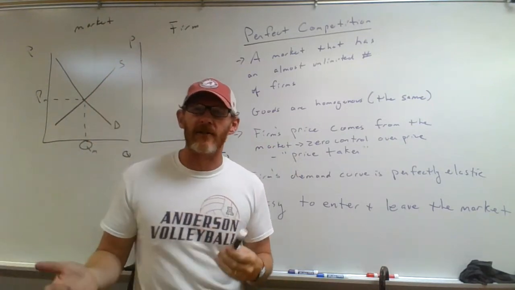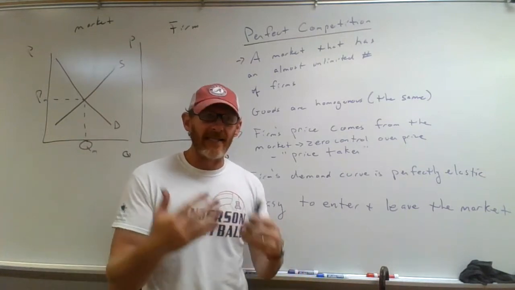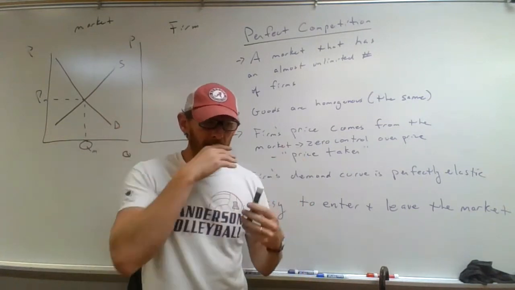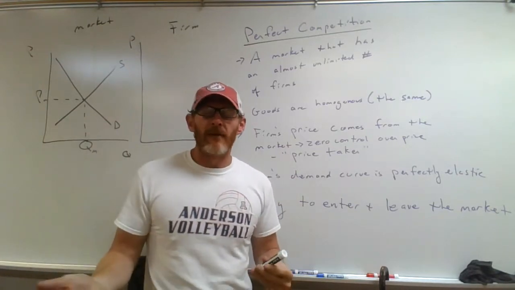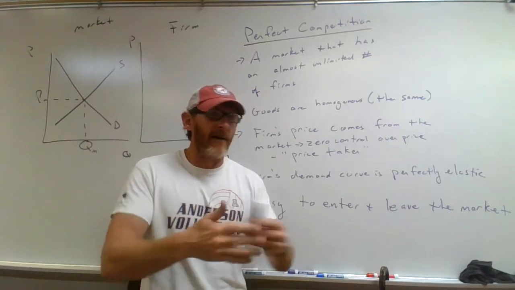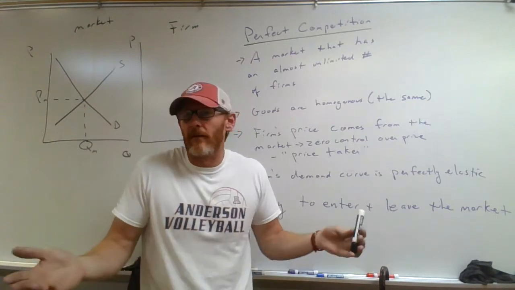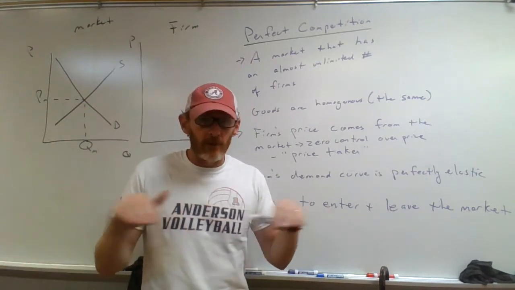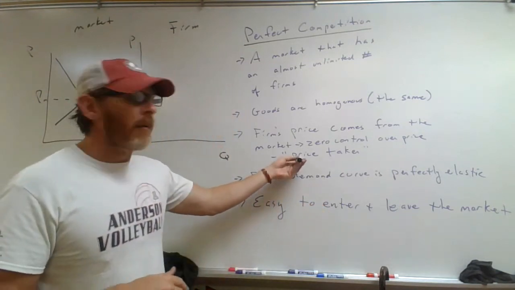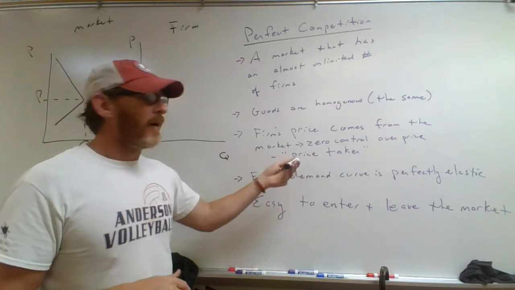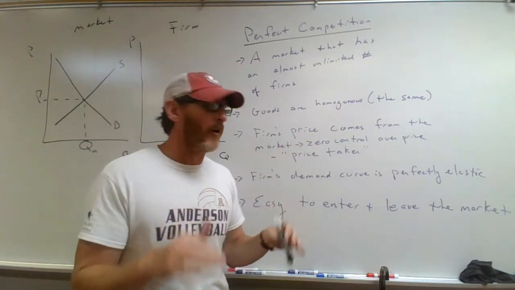I've got plenty of kids that have cattle, and when they want to sell cattle, they take their cattle to market and they weigh the cattle, however much it weighs times the price of the market. That's what they get. An individual farmer doesn't get to go in when everybody else is getting $2 a pound and say, I'd like $17.50 a pound. They wouldn't get anything, right? So the farmer controls none of the price. The market determines the price. So we call those firms price takers, right? They have to take the price given to them by the market. They don't have control over their own price.